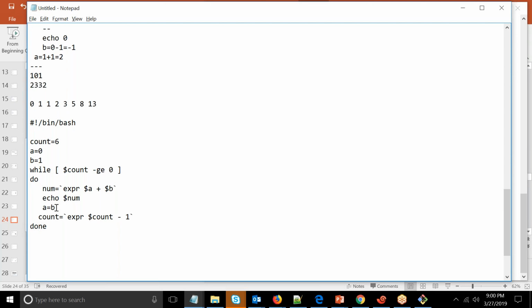Now when it comes here, what will A be? 1. And now if I say B equal to $num, now what is B? 1. A is 1. So once again it goes inside. What is 1 plus 1? So it is going to print you this. Okay. And after that, now what is A? Value of B, which is,